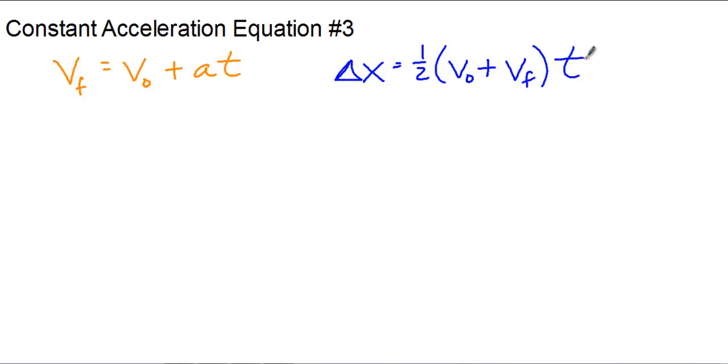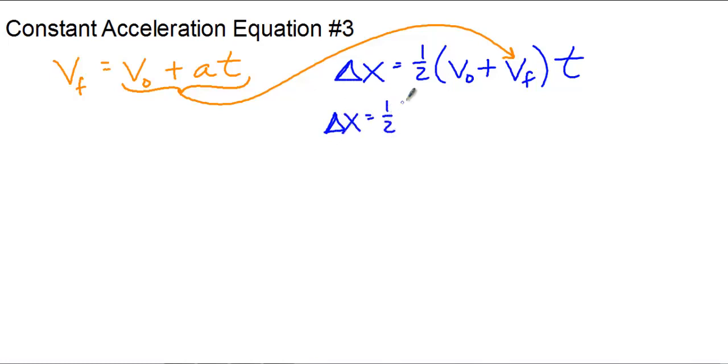And so what we're going to do is substitute in v naught plus at for vf, because over here we've shown that vf equals v naught plus at, so we can plug that in over here for vf. And we're going to be working on this side at this point now. So delta x is 1/2 v naught plus, we're going to plug in our other relationship, v naught plus at